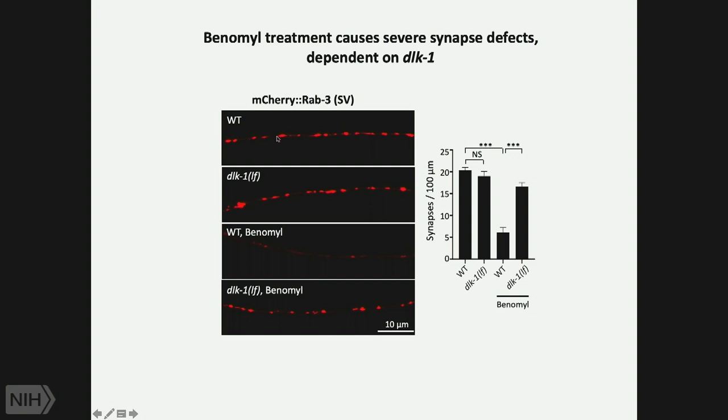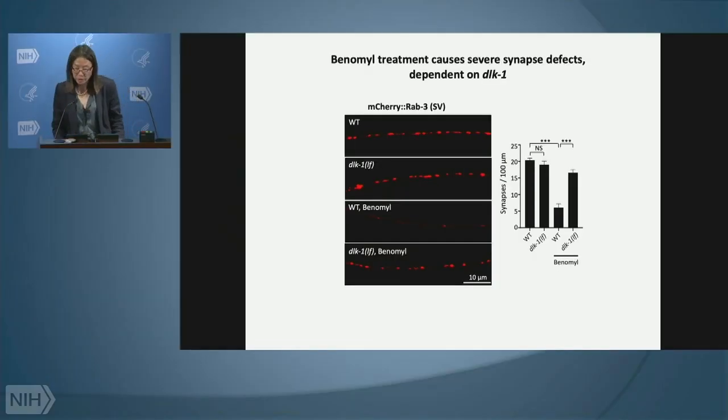This is wild-type worm without drug. This is wild-type worm with the drug, and there are severely reduced synapses, and the animals were paralyzed. And DLK actually blocks this effect. So in the severe case, DLK can block the microtubule disruption-induced synaptic disruption. And in this case, we see a kind of dosage effect, that is modest disruption of microtubules, and this